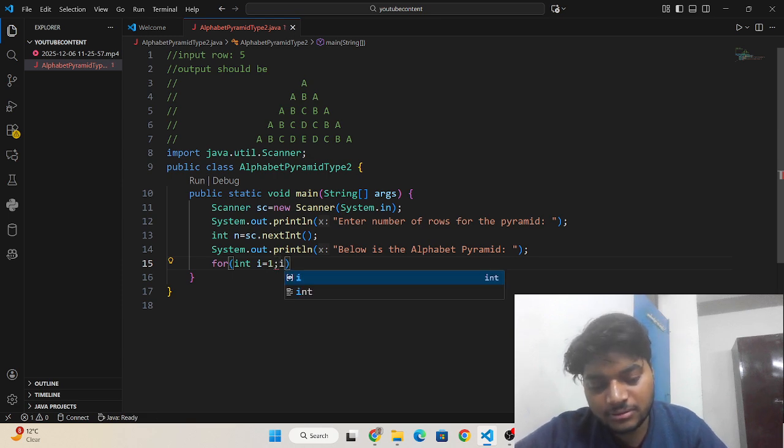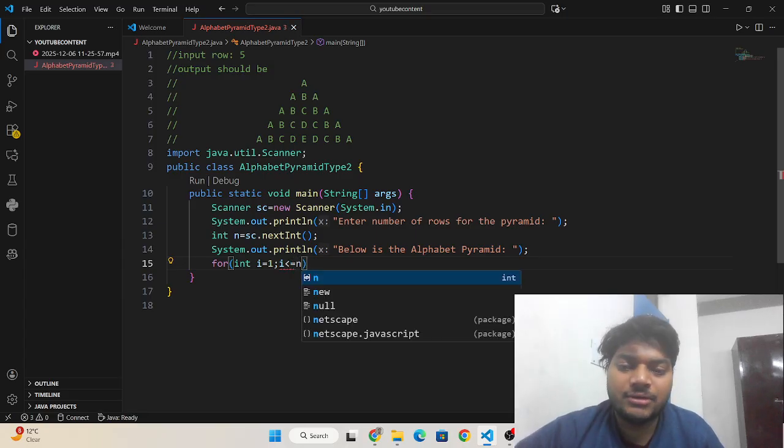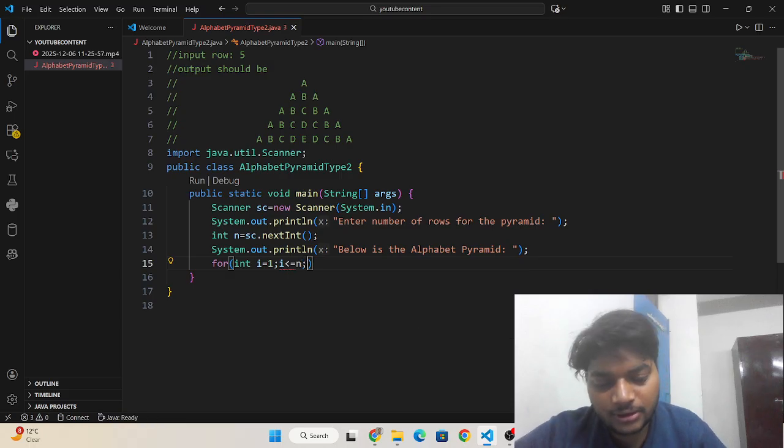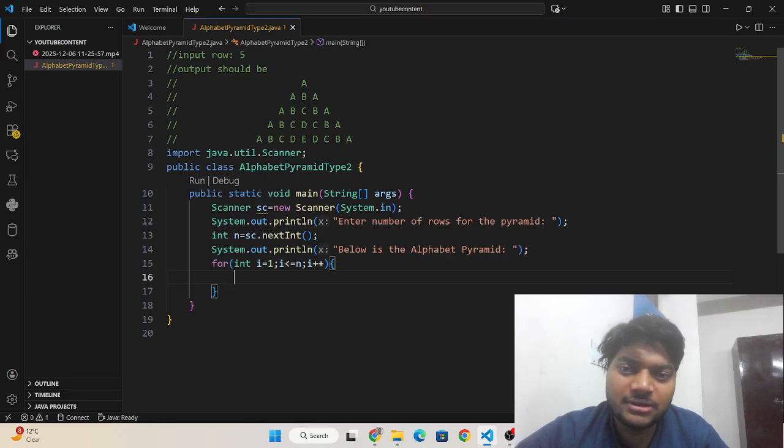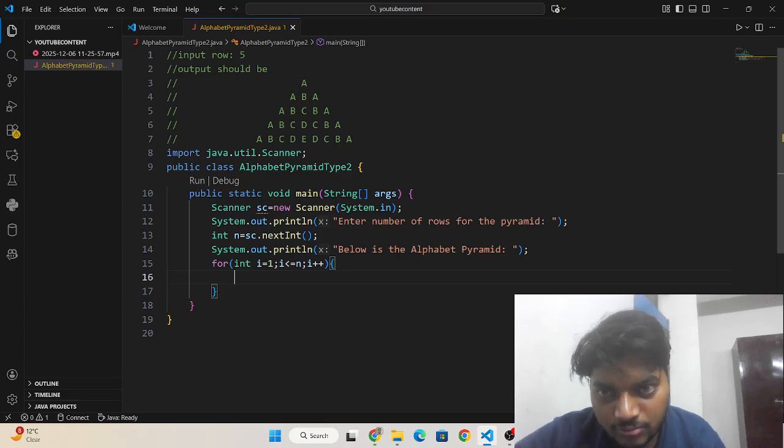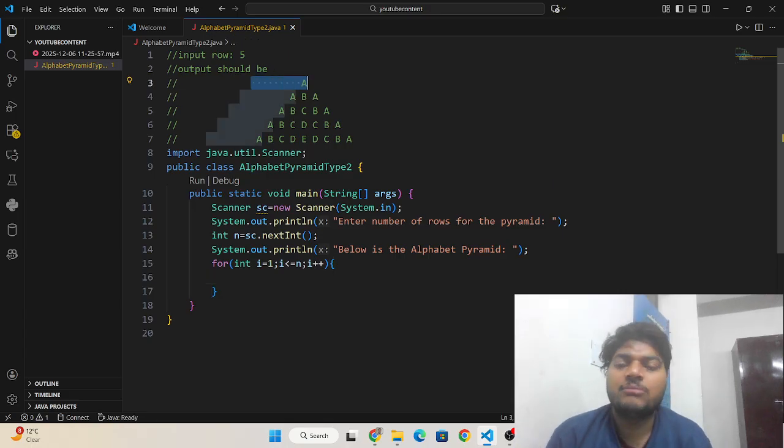It will keep continuing till the number of rows n, and then I need to increase by 1 each line. Now I have written the logic for printing the number of rows.